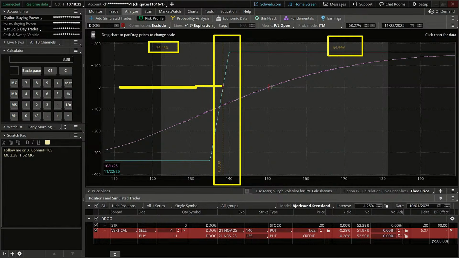And so partial success on the trade would be the slanted line here as it goes up from our break-even point. And then, of course, we already talked about this is our max gain. It's not going to get any higher. It's not going to do any better than our $162 per contract. Okay, so those of you that are kind of visual people, sometimes this can be really helpful to you.